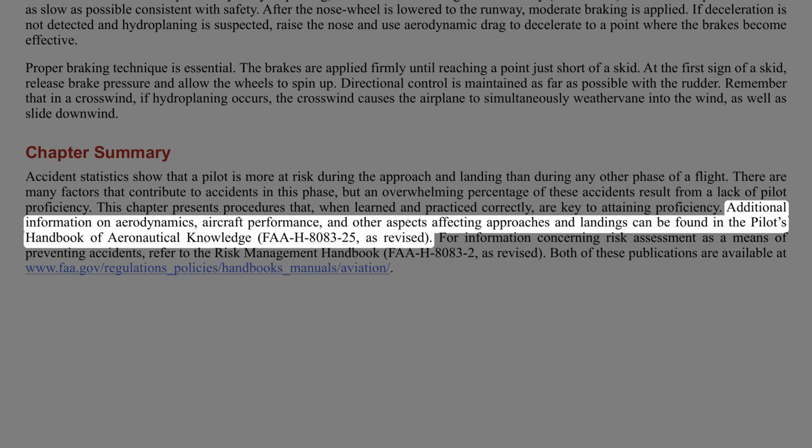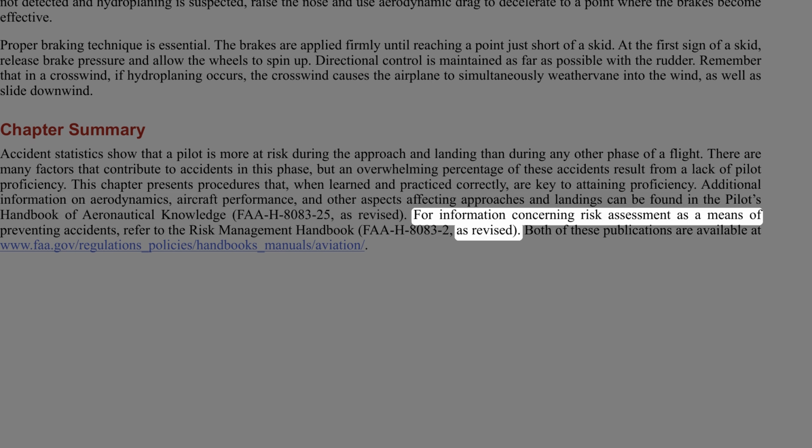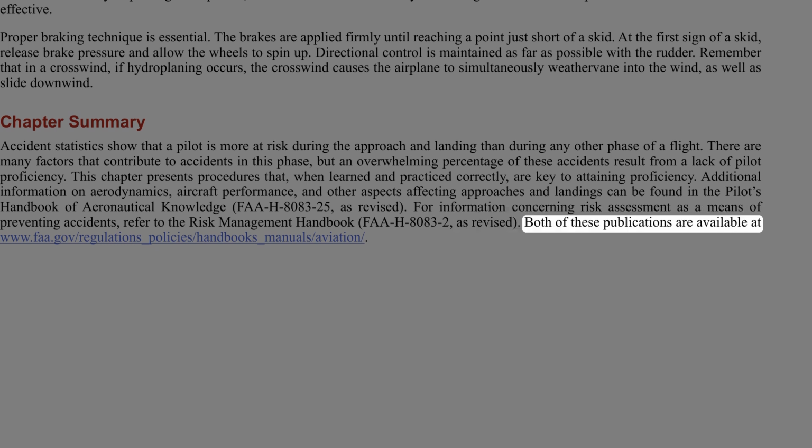Additional information on aerodynamics, aircraft performance, and other aspects affecting approaches and landings can be found in the Pilot's Handbook of Aeronautical Knowledge, FAA-H-8083-25, as revised. For information concerning risk assessment as a means of as revised, both of these publications are available at